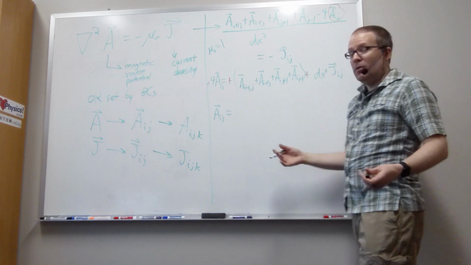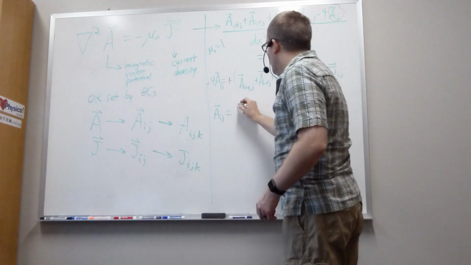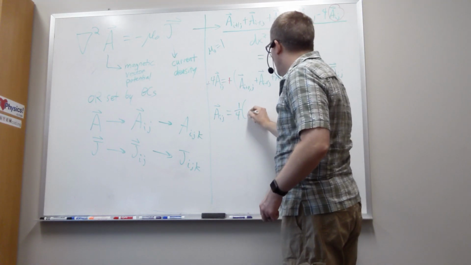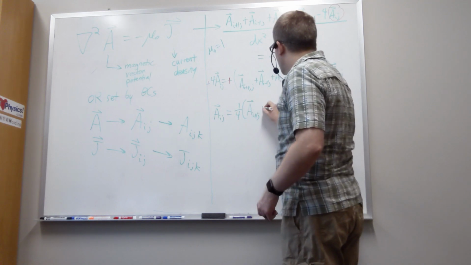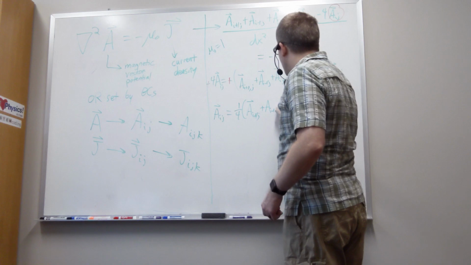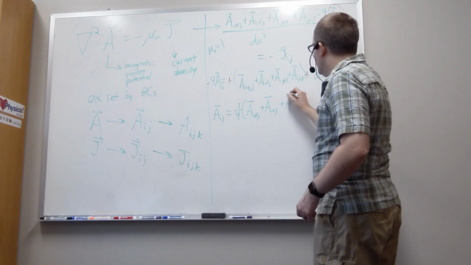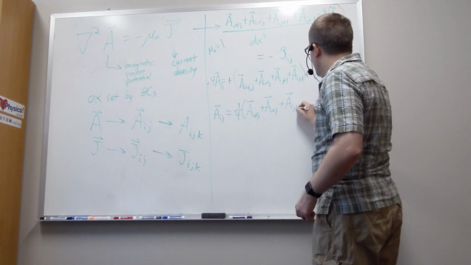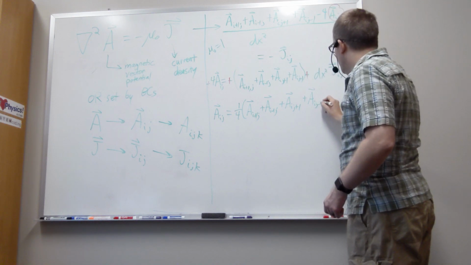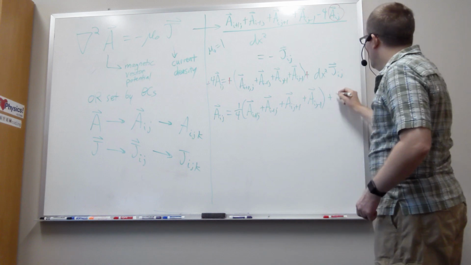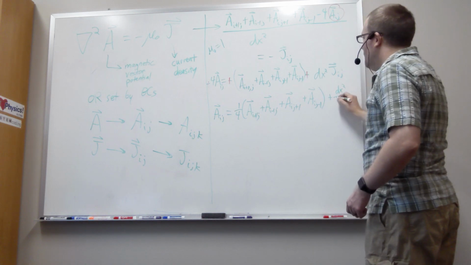Added together, divided by 4 makes an average. So I've literally just got the average of all the points around it: A to the right plus A to the left plus A above plus A below, plus dx squared over 4